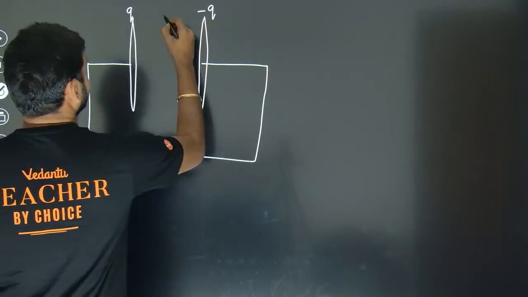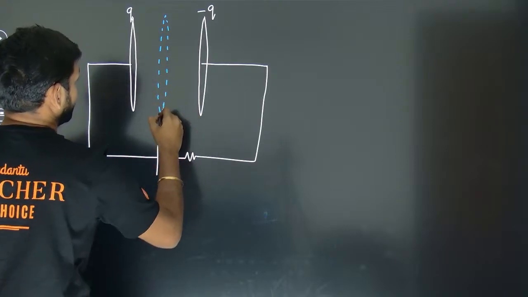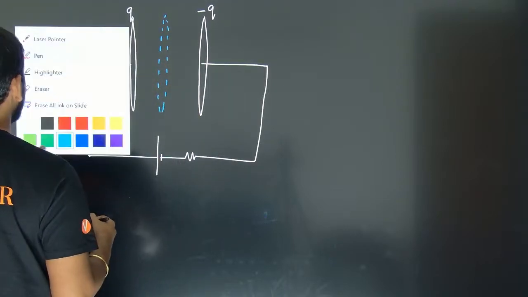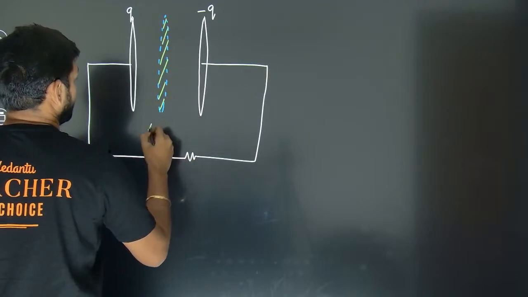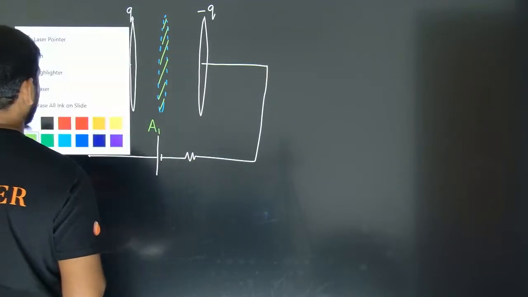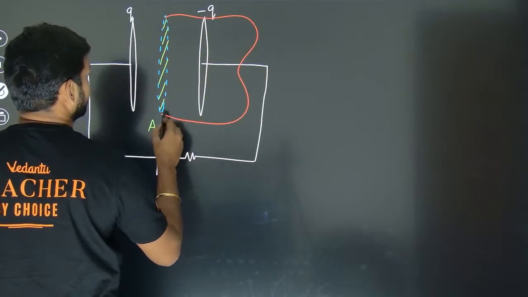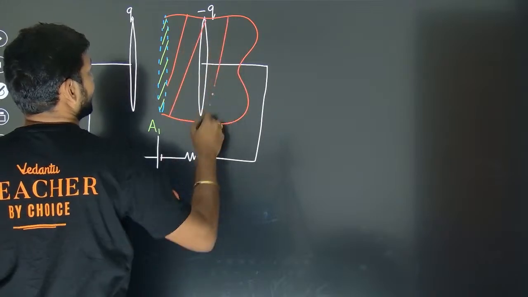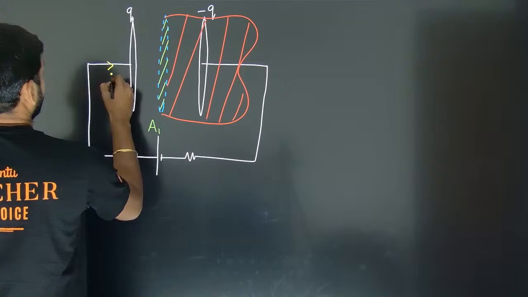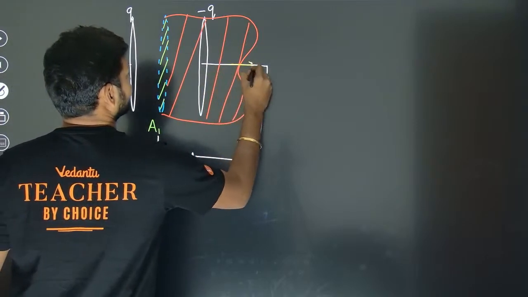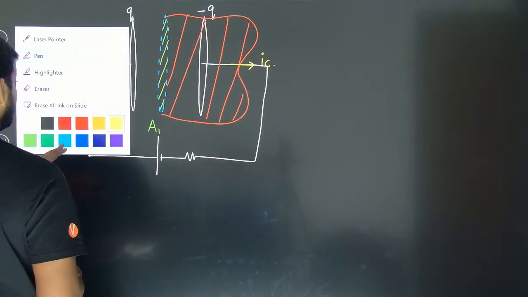Now look, this is the Amperian loop I have taken. And one of the areas was this flat area which I named as A1. And the other one was this baggy area which I have taken. And I have IC flowing in the conducting wires. Right? And just now I proved,